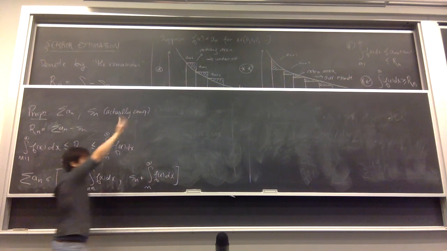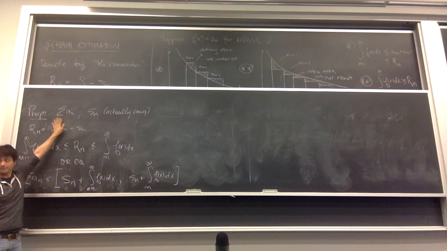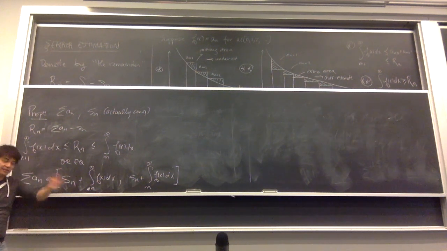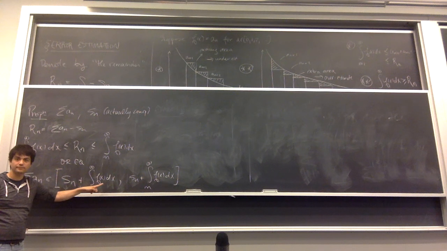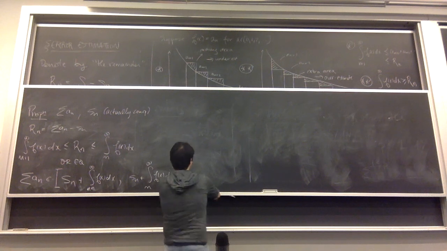Now, if you didn't really understand anything that happens up there, just try to appreciate what this proposition is saying. It's saying, look, we don't know what this exact sum is. We do know these partial sums, for as long as you're willing to compute something. You can compute Sn, right? 100 terms, let's say. So this is telling you that if you compute 100 terms of your partial sum, the true sum, the exact sum, is going to be in this interval. And let's draw the interval. The interval is going to be,